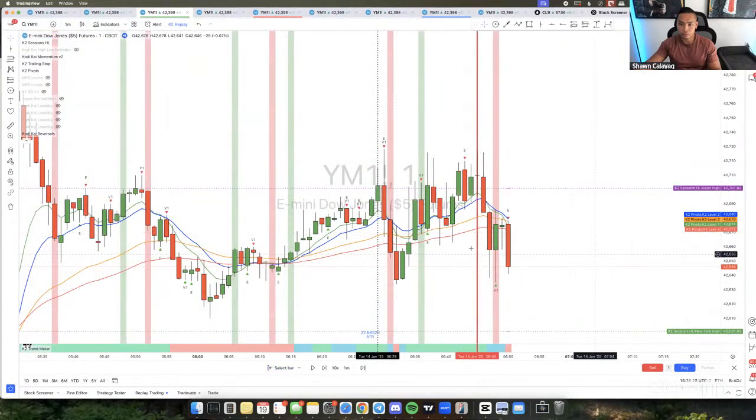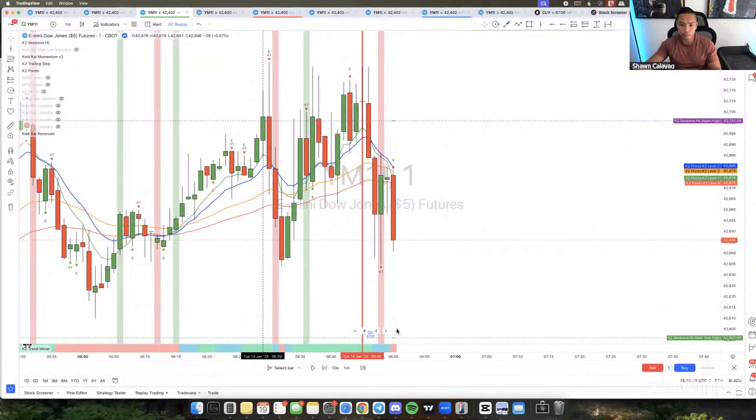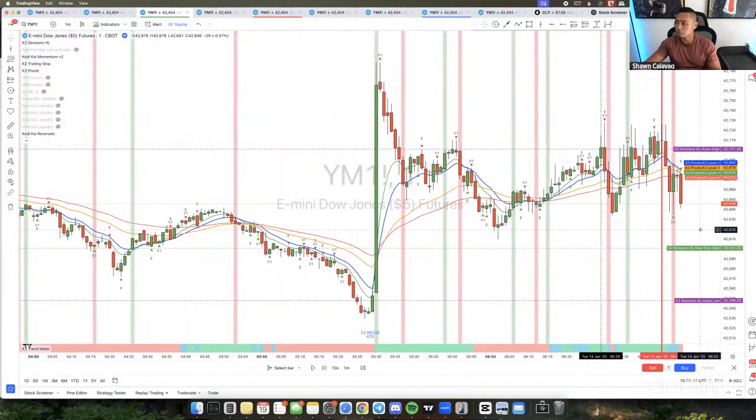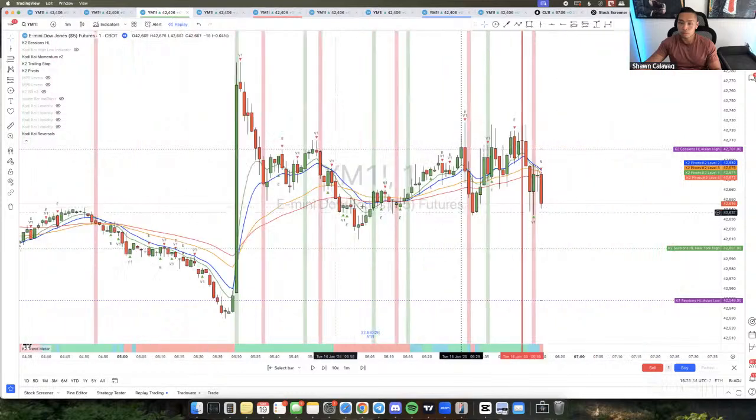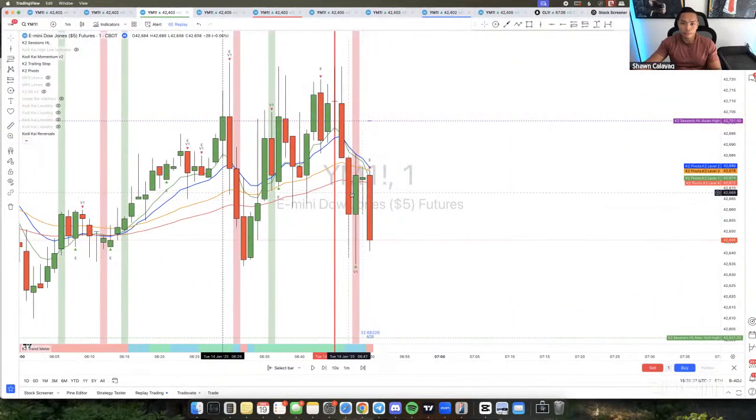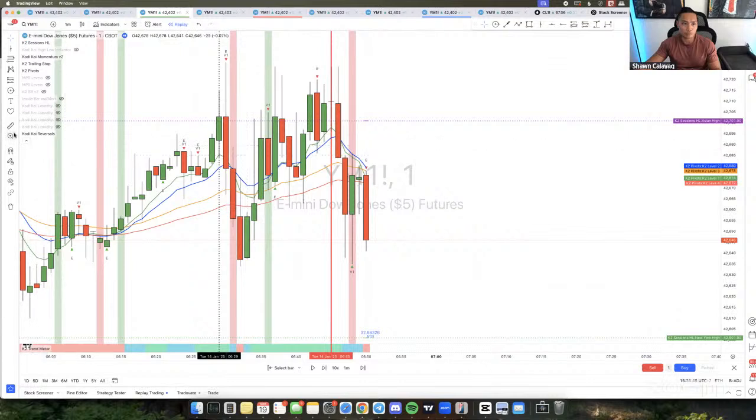Okay, so looking at this right here, we have an MPSv2 setup, right? So with this right here, we have a sell signal, price retraced up on this green candle, and then we have the confirmation right here. This is an MPSv2 setup. Let me see if I have the criteria here for the MPSv2, which I should. Where is my templates at? There we go.